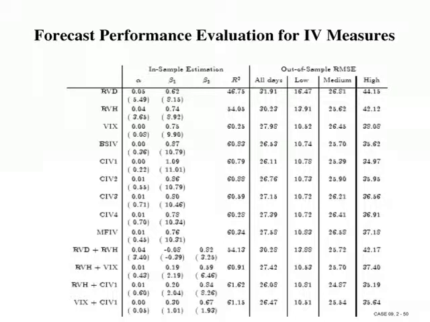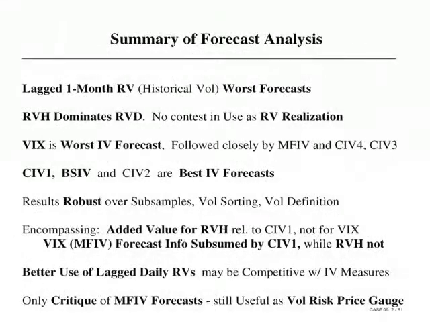VIX turns out to be about the worst forecast you can come up with from implied volatility. It's also model free implied and measures the whole thing. It's also kind of bad. The very broad corridors are bad. The best ones are the narrow corridors, the ones that look kind of close, or Black-Scholes that goes to the extreme and just looks at the money. Turns out, if you want to think of them as forecasts, turned out to be the better forecast. This is robust over subsamples, no matter how you sort volatility. That is the high volatility regimes, the low volatility regimes, and the definition of volatility, variance, log variance,